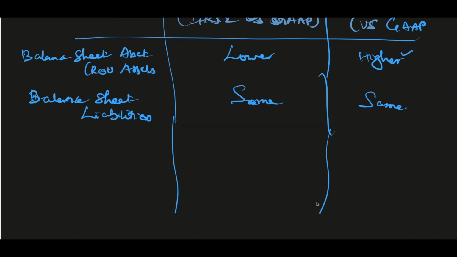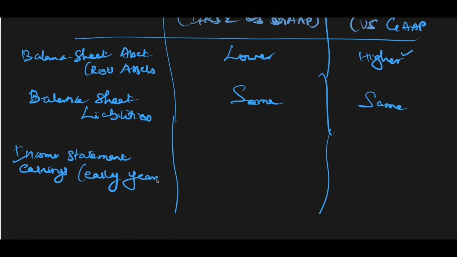Next one, income statement earnings in the early years. So early years income statement earnings will be lower. Why will it be lower? And under US GAAP it will be higher. Reason being,